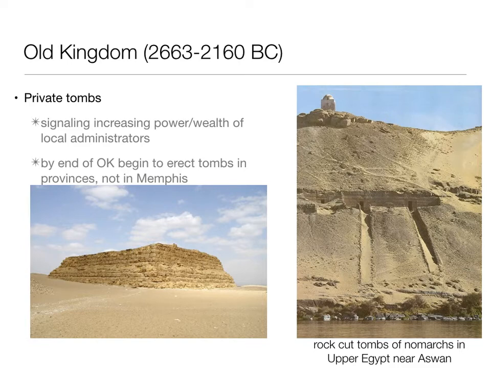And throughout the second half or third or so of the Old Kingdom, the waning centuries of the Old Kingdom, we also see increasing power at the local level, which we'll talk about why that might be in a minute. But we can see local administrators, nomarchs, people like that starting to assert more wealth and power for themselves up and down the Nile. And we see this archaeologically because they are building larger monuments for themselves, tombs for themselves.